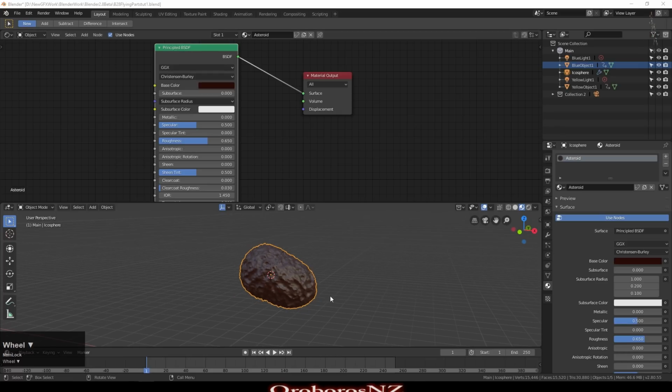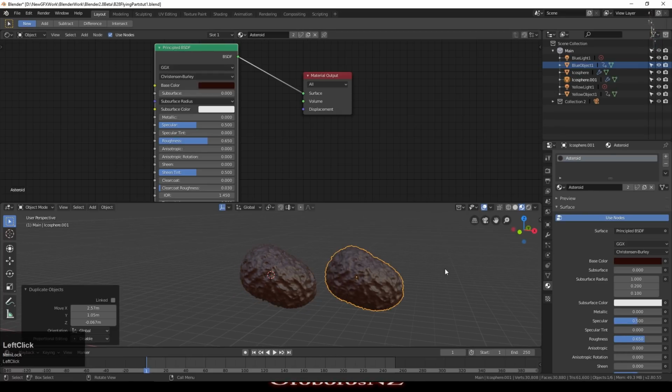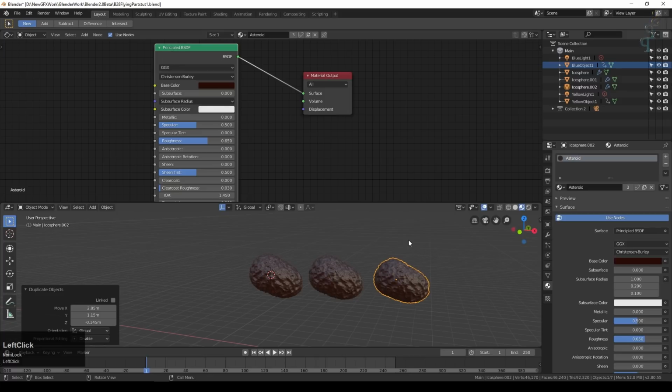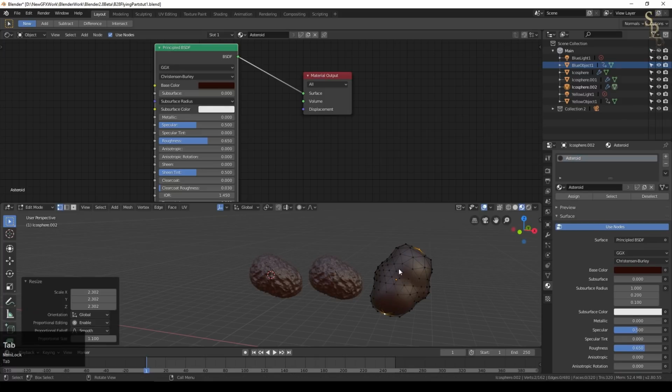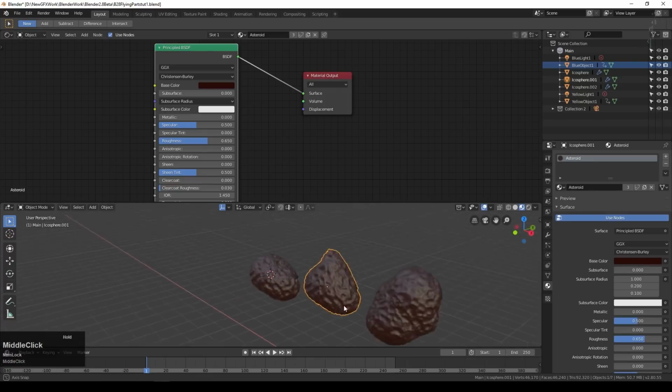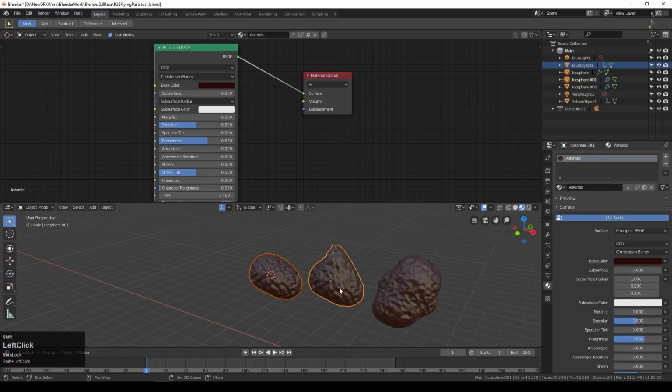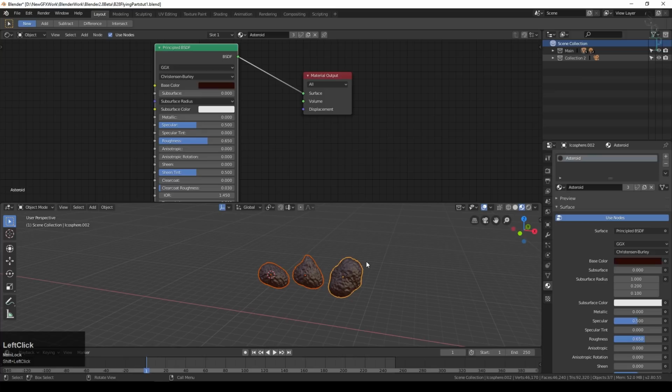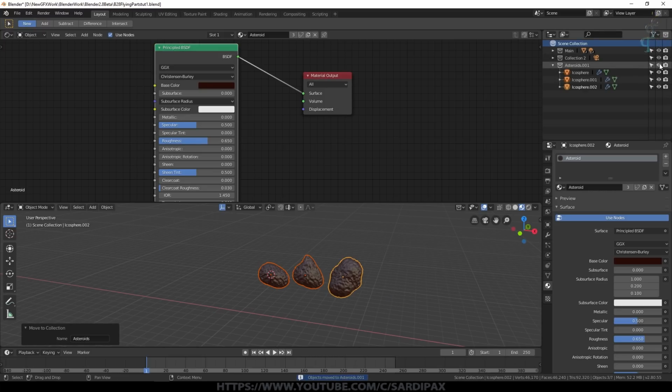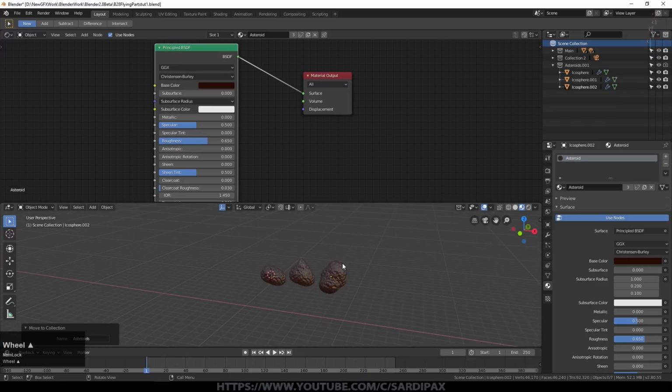And now we can create some variations of it. So I'm just going to create 3 of these. For my scene, I think I did about 7 or 8. Then go into edit mode, make each one different, just so they're not all identical, obviously. And then holding the shift button down, select them all and press M to move these to a new collection, and we'll call that asteroids. OK, and you can see here it is. And I'm just going to turn off the visibility to the render of those so that they don't show up when we actually do a render. In fact, I'll turn them off completely so they're not even showing up in here.